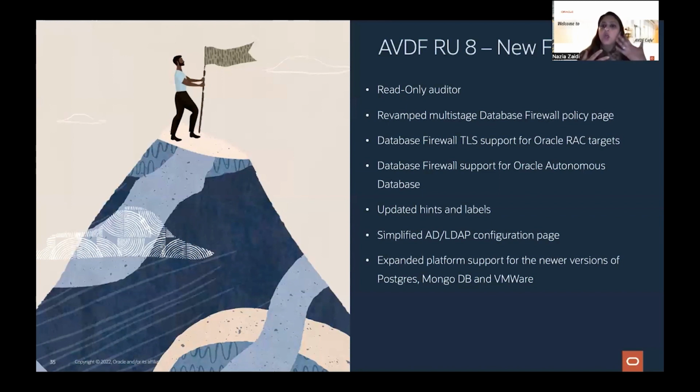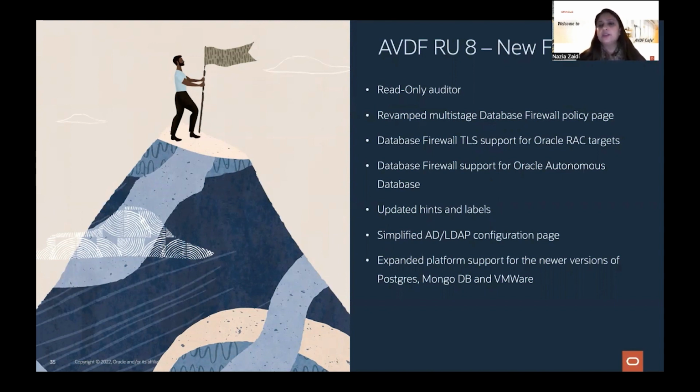They wanted an auditor user with read-only capability only. So whenever there is an audit going on, they just have access to the reports. They should not be able to define the policies or alert policy, etc., but they should be able to see alerts and see the reports. So read-only auditor was the flagship new feature in RU8.